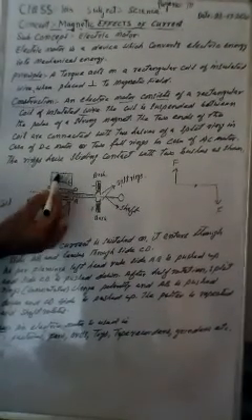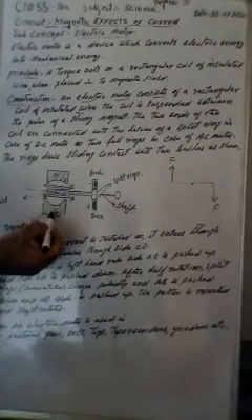Now, construction of the electric motor. An electric motor consists of a rectangular coil of insulated wire. This is the rectangular coil of insulated wire. It has many turns. It is wound on a shaft. The insulated wire is placed perpendicular to the magnetic field between the poles of a magnet. Here, this is the north pole, this is the south pole. The magnet can be a cylindrical magnet. It can be a horseshoe magnet. In both cases, it works.